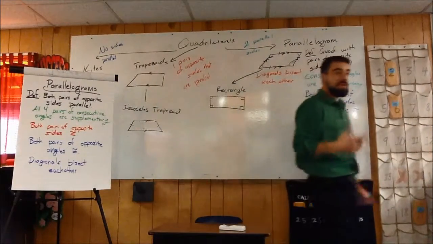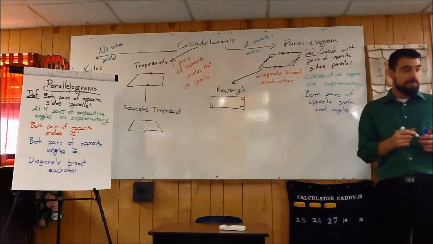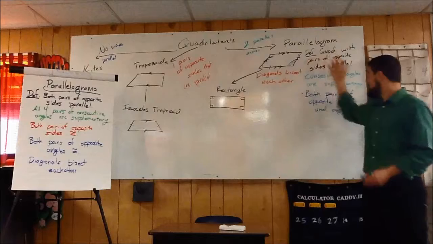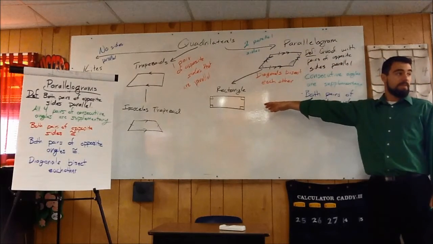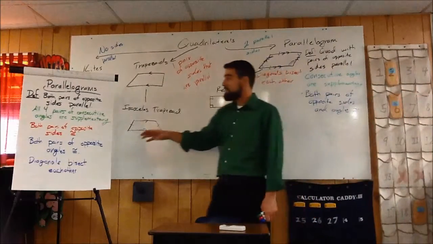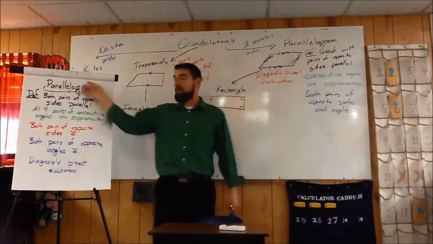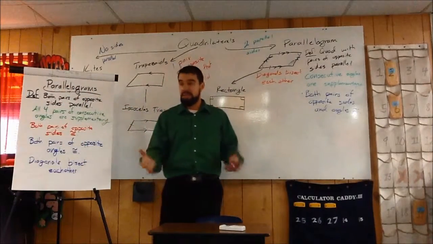Now, because rectangles are parallelograms, all of this stuff is true for rectangles. All 5 of these things are true with rectangles. But what we're going to add to the list is